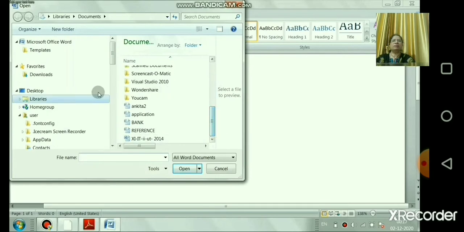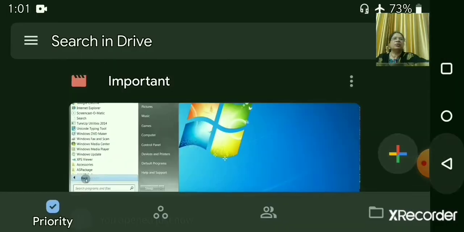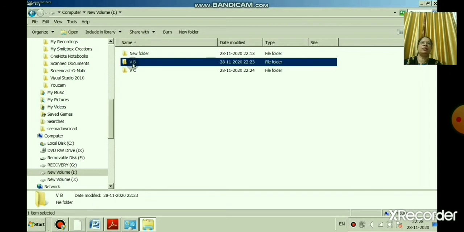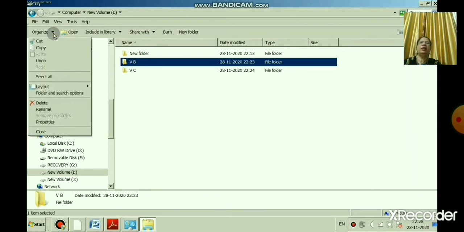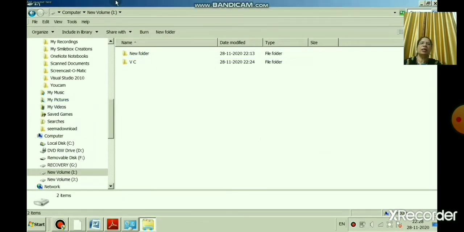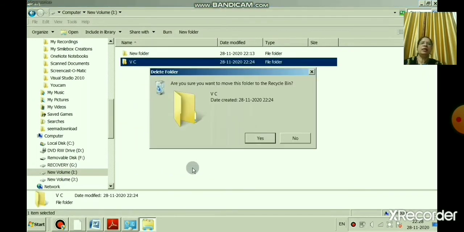Now next we will learn how to delete a folder permanently. Okay children. Now in this session we will open Windows Explorer. Can you see, in the last time we have created 5th B and 5th C folders. Now we will delete the file. Click on the 5th B folder and select the Delete button from Organize, or click the right mouse button and delete the folder. Again click the right mouse button and delete the file. So this way you can delete your file.